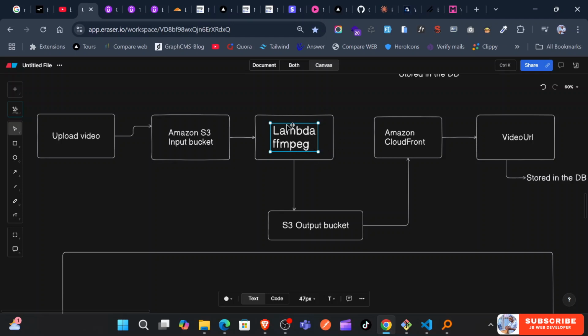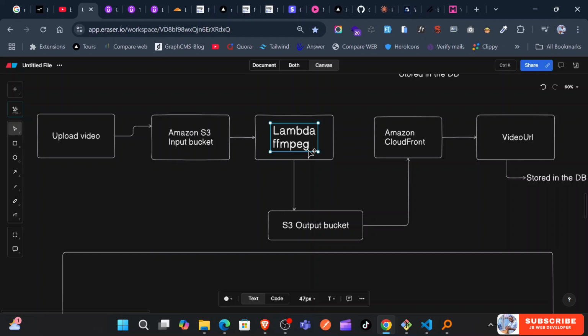As I was researching, I found this FFmpeg package that can help you do video processing into HLS, a streamable format, with different resolutions like 480. Instead of writing your own FFmpeg, you can just go with